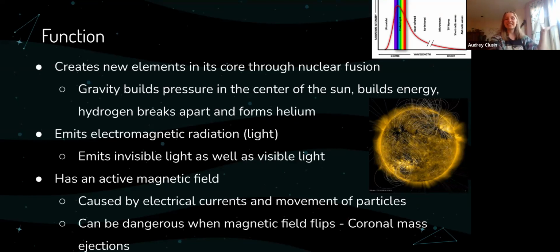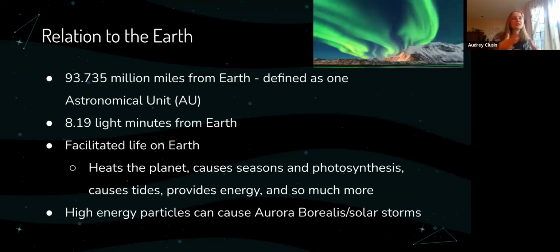They get ejected and they can actually come and hit the Earth. And this is very dangerous. This is something that happens a lot of the time, not all of the time, but a lot of the time: these particles from the sun travel towards the Earth. And the Earth actually has a magnetic field, and most of the time the Earth can fend off the particles. But it's a magnetic field, and if you know, magnets have two poles.